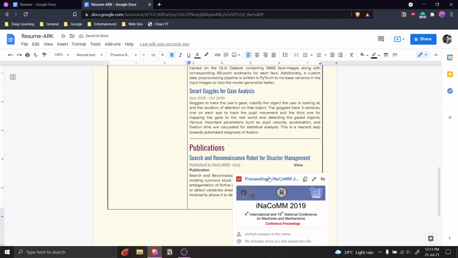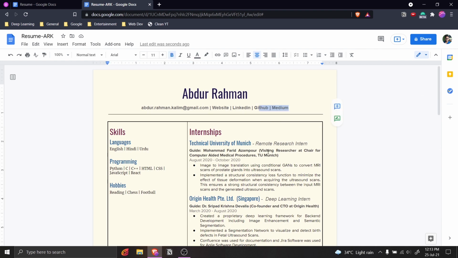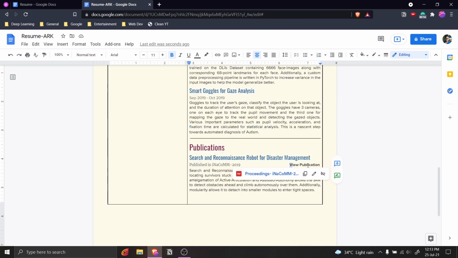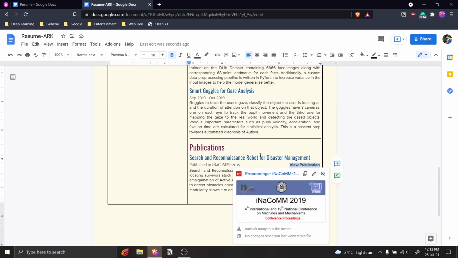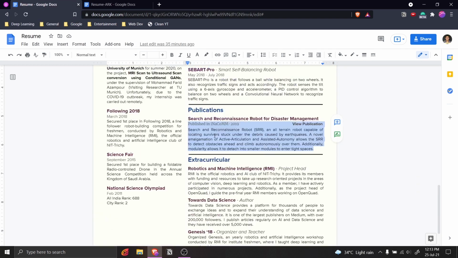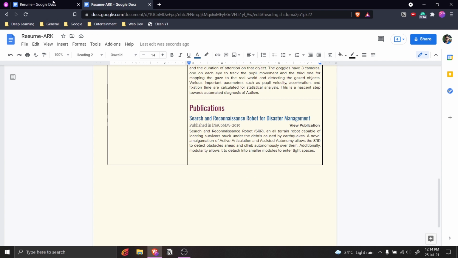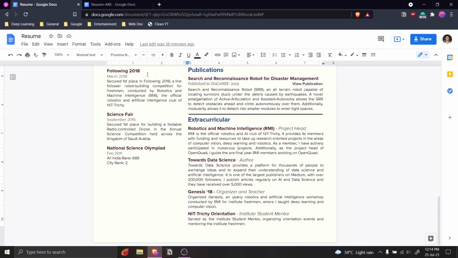now as you can see, this is actually a link. It appears crooked, so let's fix this, right? Yeah, now it's much better. So I've done the exact same thing that I did to these links. I just pasted the link first, and then I formatted after that, removed the underline, made it bold, and then that's all. That's the exact same procedure used here. So that's for publications, and then extracurriculars is again the very same thing. So now the publications is over. Let's move on to extracurriculars now.